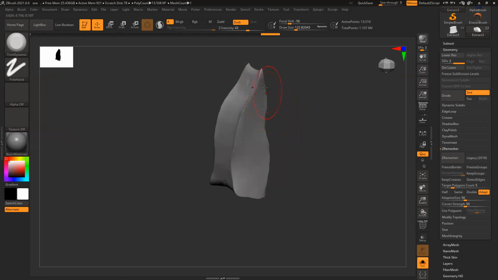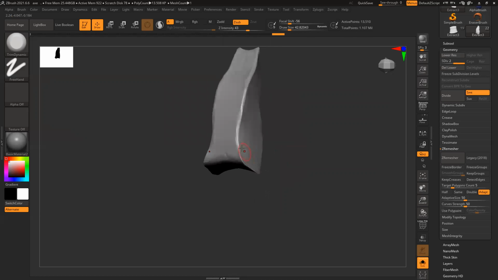All these edges. So now I see my brush size, like I have to reduce it really small, and then I can work on the edges. That means my file size is pretty small. That is something I can change anytime.